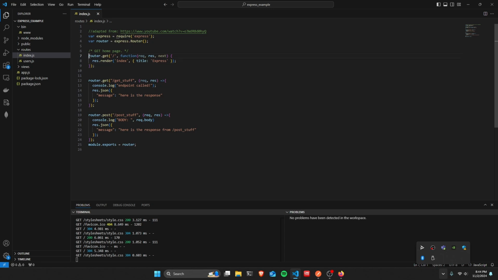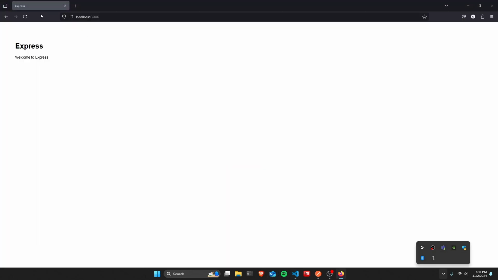Over here, we're using a router, right? And this router is just the object that lets us route different web pages. So we do router.get, and then you put in the endpoint, and again, an endpoint is a URL. Since it's the homepage, we don't have an endpoint specified, so we just put slash, and then it renders the index, as specified in the project, and that's what we see over here. And we can set the title of the website to Express. So this is the default